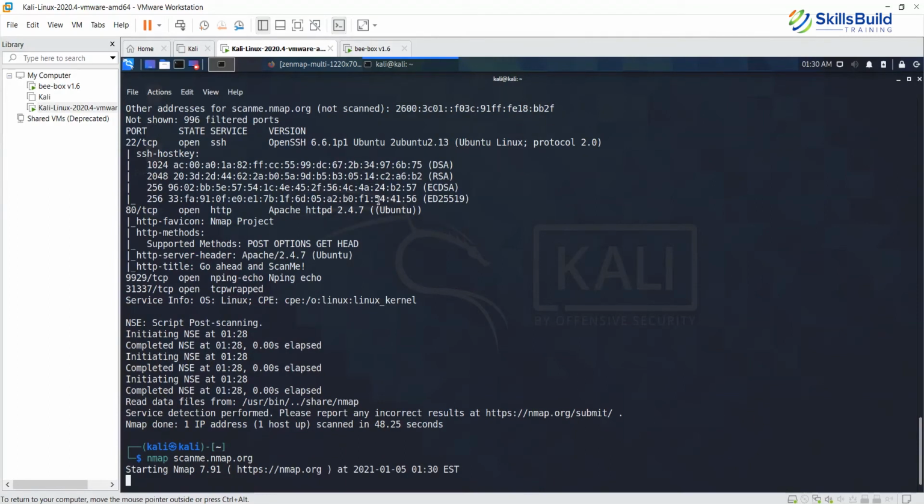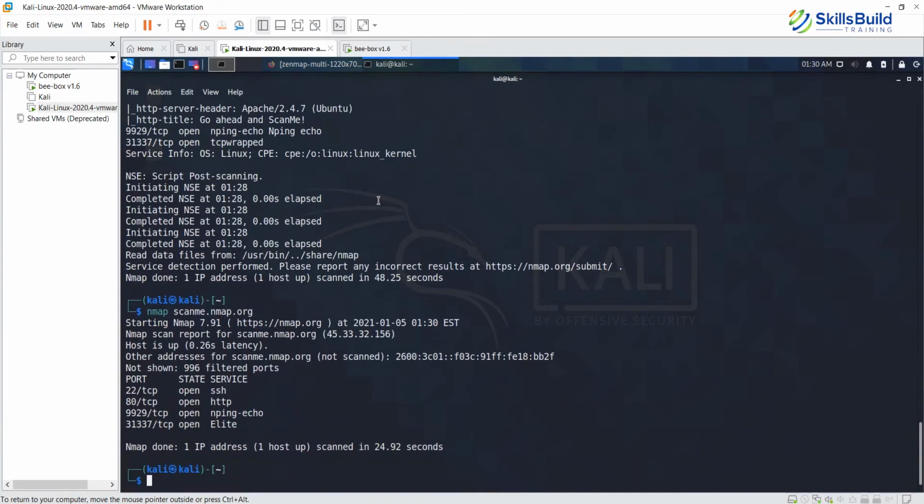So there you go. Let's see what happens once we hit enter on this particular command. It should take a minute or so to give you the output. You have to remember, in certain commands, if you do not use the administrative privileges, you will be able to only use the connect scan. The command will run, but it will give you only the limited output.